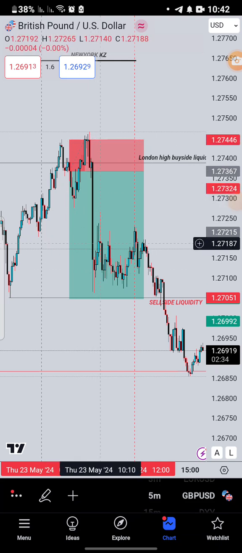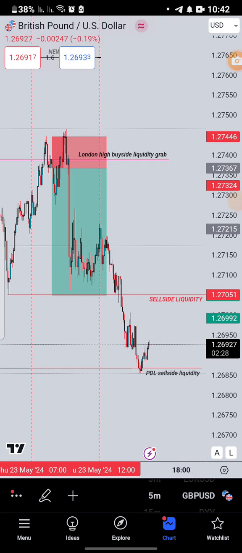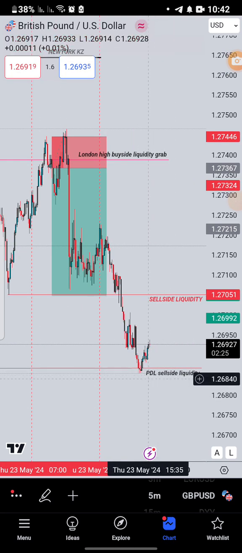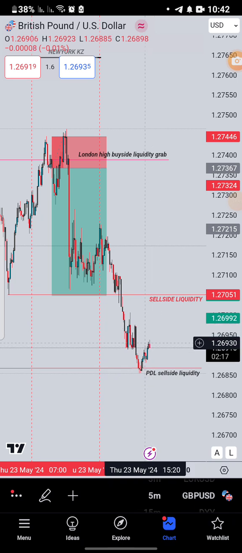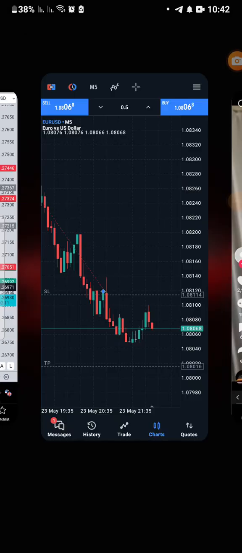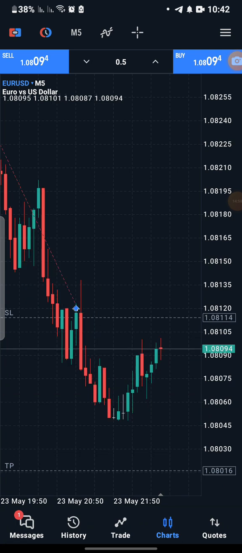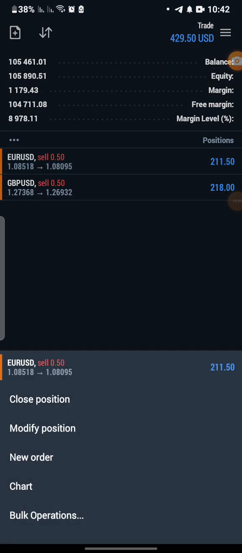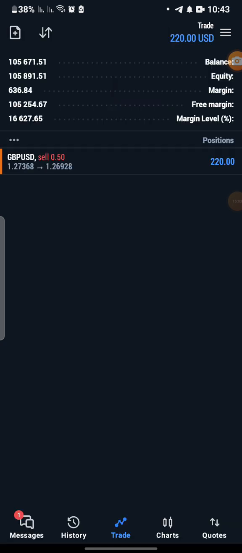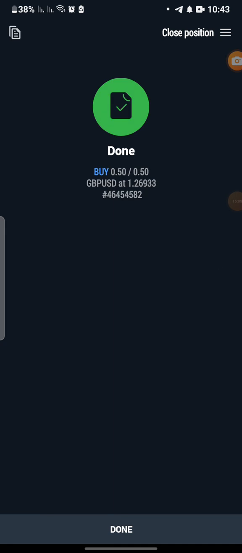But what happened is we had this drop lower, we had sell side liquidity here, and currently the market has already taken the previous day's low. And now I think I left some partials open, but I've moved my stop loss to this level. And now no problem if I will be taken out, but I think I should close the trade. I took everything out, so now I can close everything because we've seen the market taking the major liquidity pools.